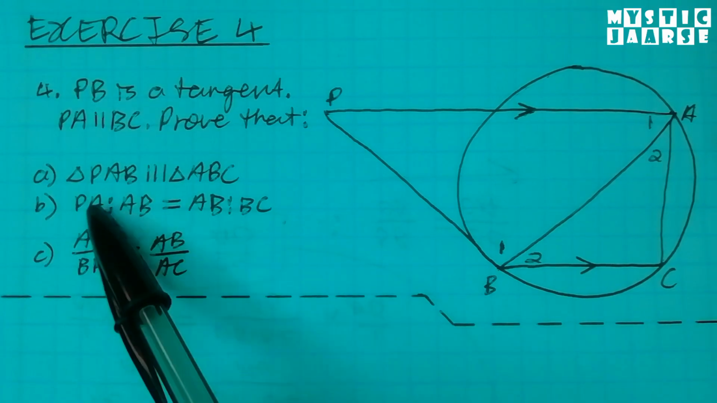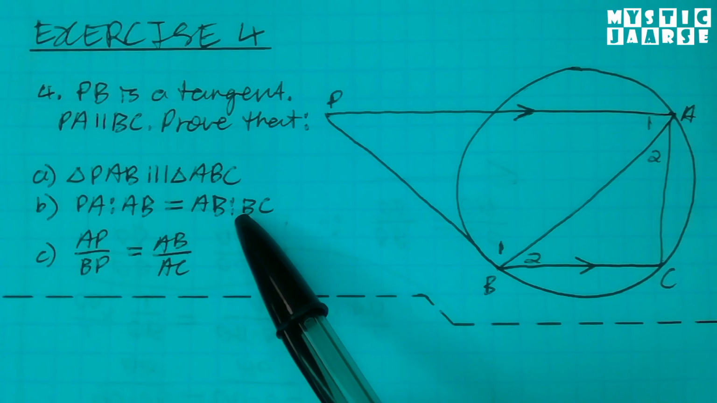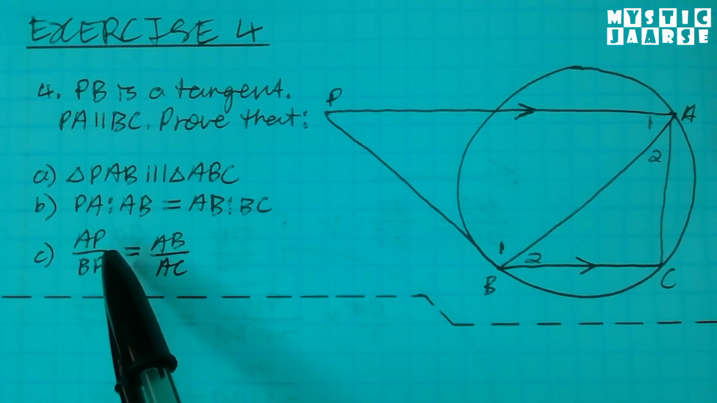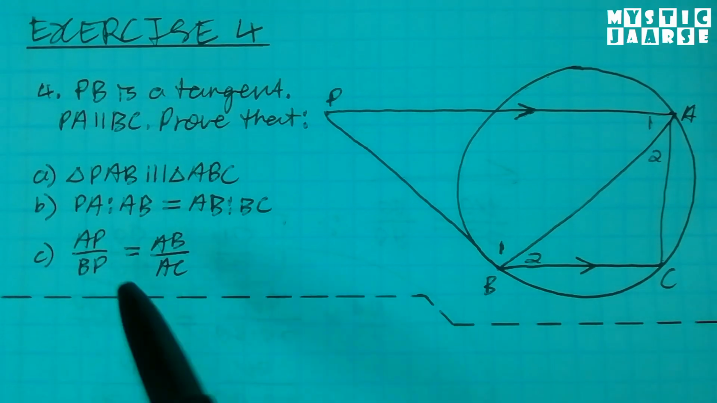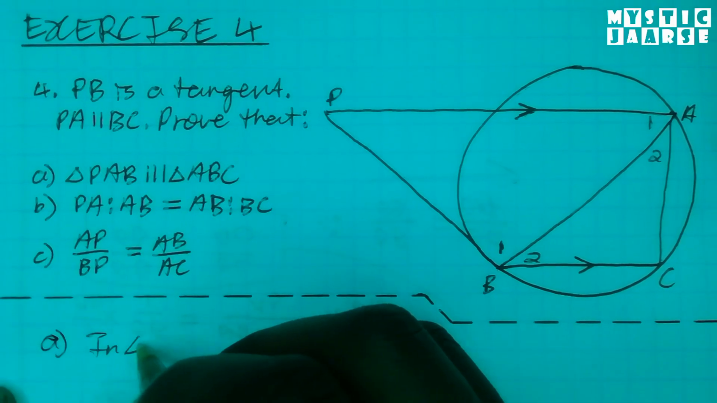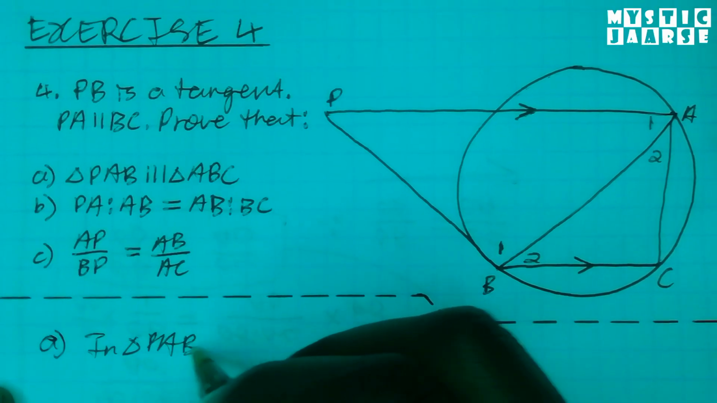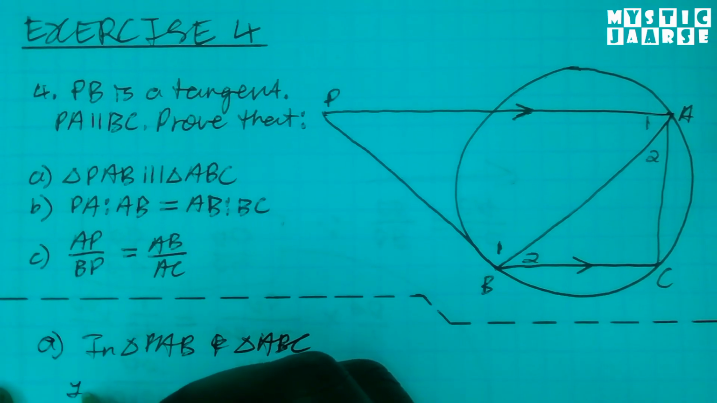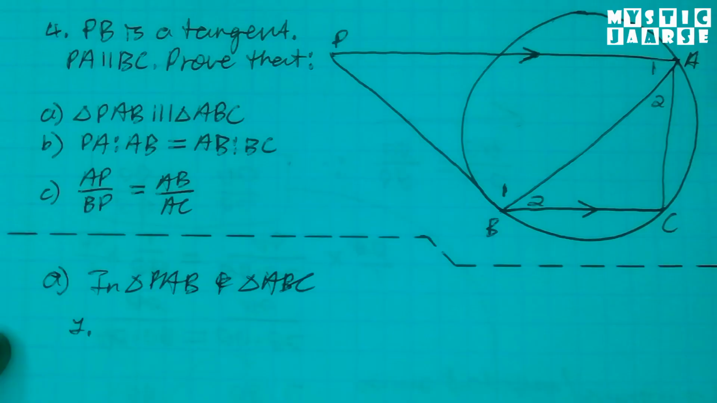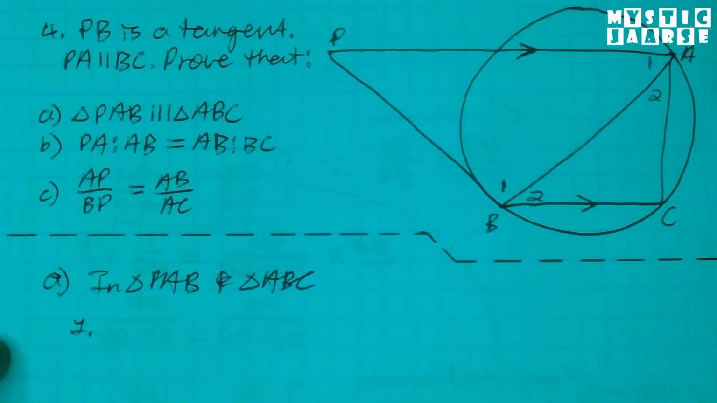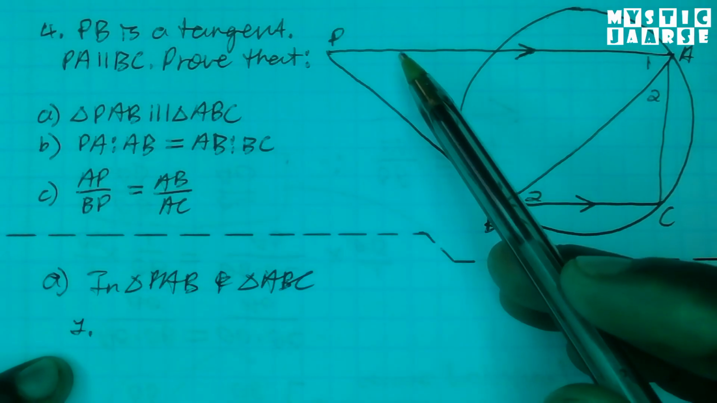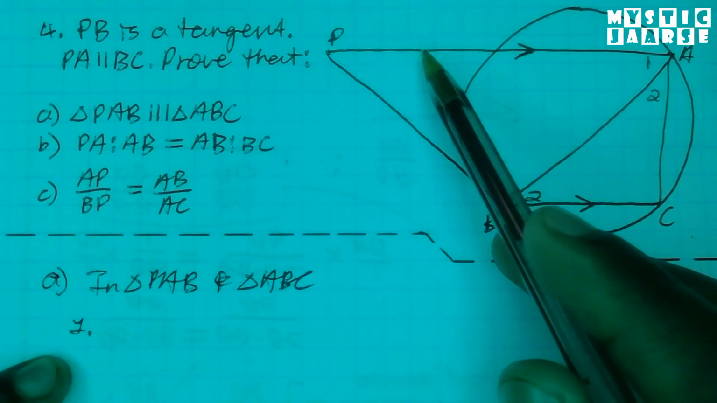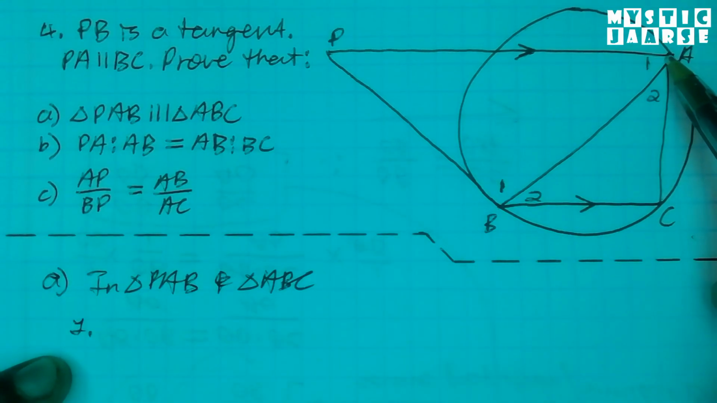Before we can talk about the sides of the triangles that are proportional, we need to prove that the two triangles are similar to one another. So in triangle PAB and triangle ABC, we need three reasons to prove that two triangles are similar to one another. So the first reason, since they told us that PA is parallel to BC, we can use alternate angles